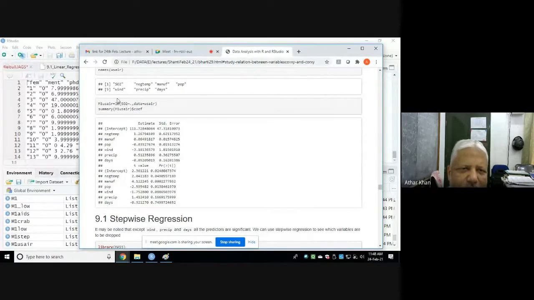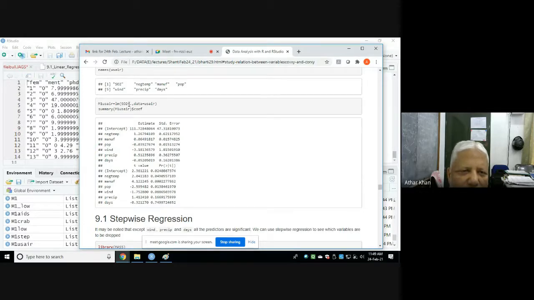LM of SO2 is the response, tilde dot. Dot stands for all the remaining variables in this data object, which will be included in the model as predictors. Understand? So SO2, sulfur dioxide, will be the response, and all these are predictors.